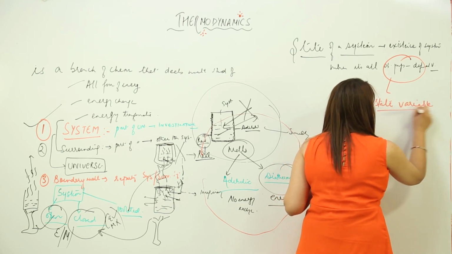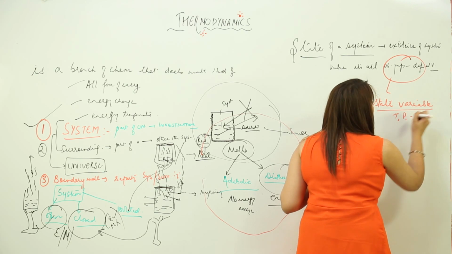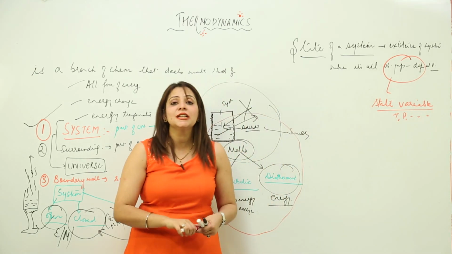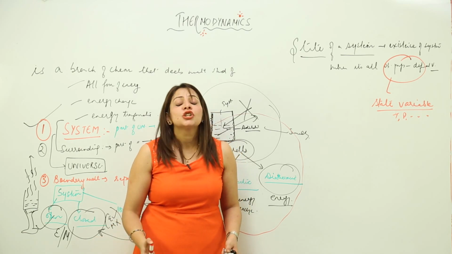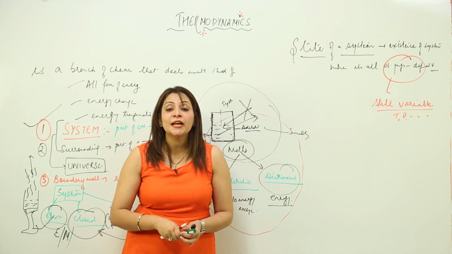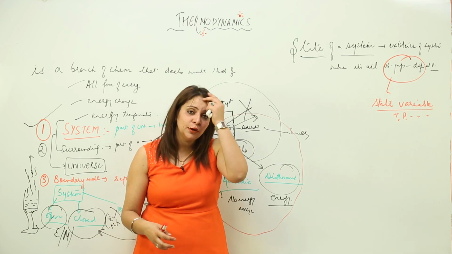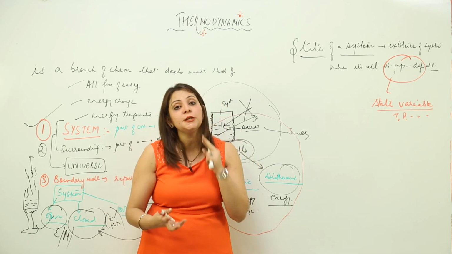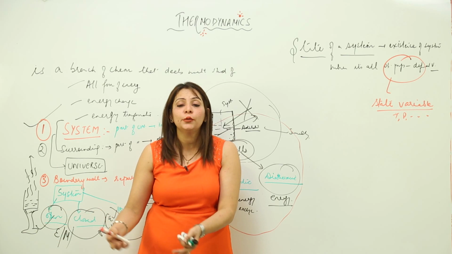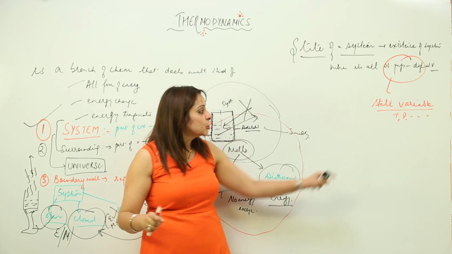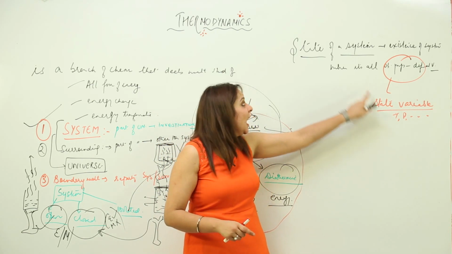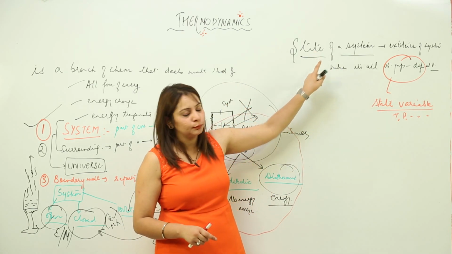They are called state variables, like temperature and pressure, because these are the factors that affect the substance to exist as solid, liquid or gas or whatever state, right. These are the properties which guide the substance to exist in a particular state, or which are responsible for a substance to exist as solid, liquid or gas at particular conditions. They are called state variables. So this is what we have, state variables, and this is what we have, state of system.